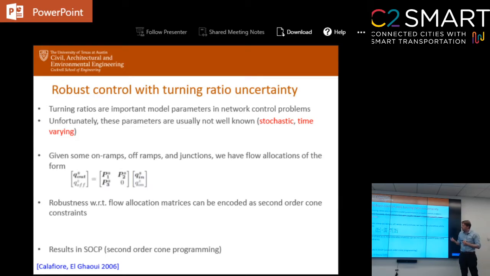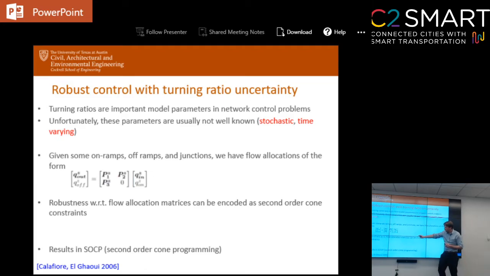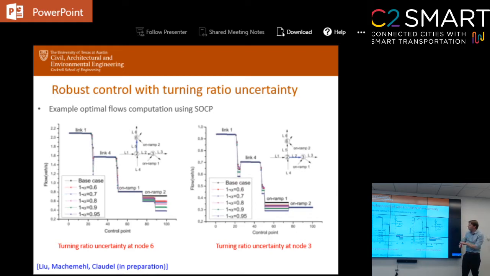So what we did here was to evaluate how we can incorporate robustness with respect to these. When you deal with this flow allocation matrix, you can encode this as a second-order constraint. The theory comes from some work of El Ghaoui back in 2006. When you have the uncertainty for these particular types of matrices, you have an SOCP. I'm not going to detail much how to transform these. Again, the theory is in that paper, but from this SOCP you can now do some interesting things